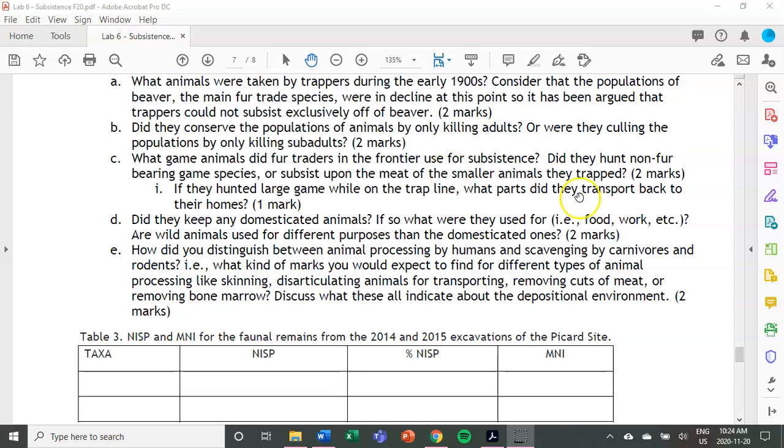Why were they hunting them? Was it for the meat? What else was it for? Was it for secondary products? So we want you to think about, again, all the different reasons why people used animals and use that to